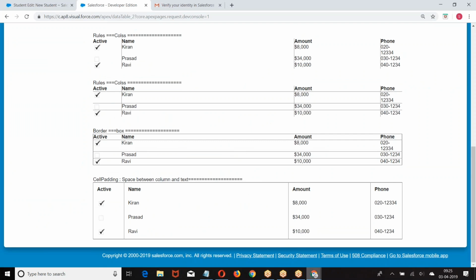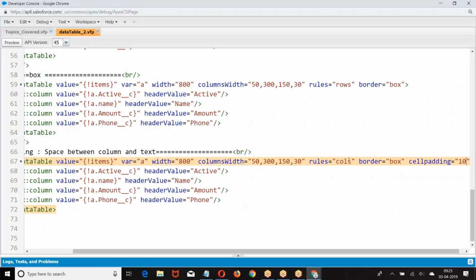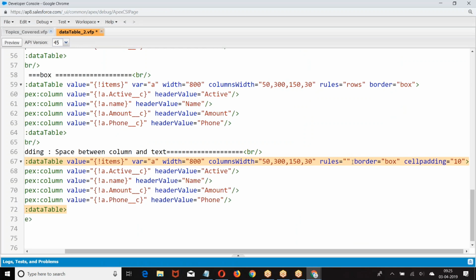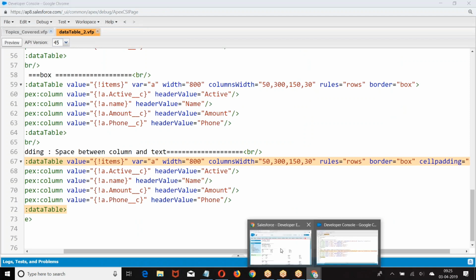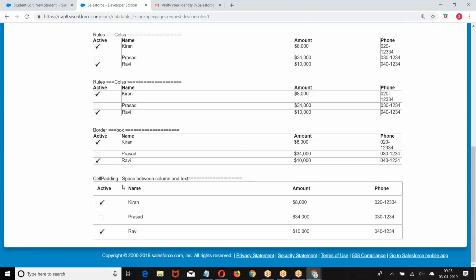Now here what was that? Rows I have taken. This is what we got the data. Border row wise, and you can also see the width of this. Active 50, name 300, 150 remaining. Right, boss? Next we have